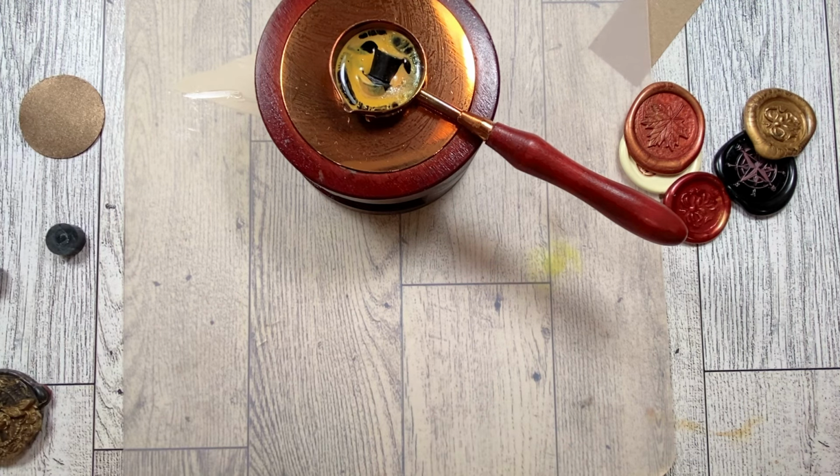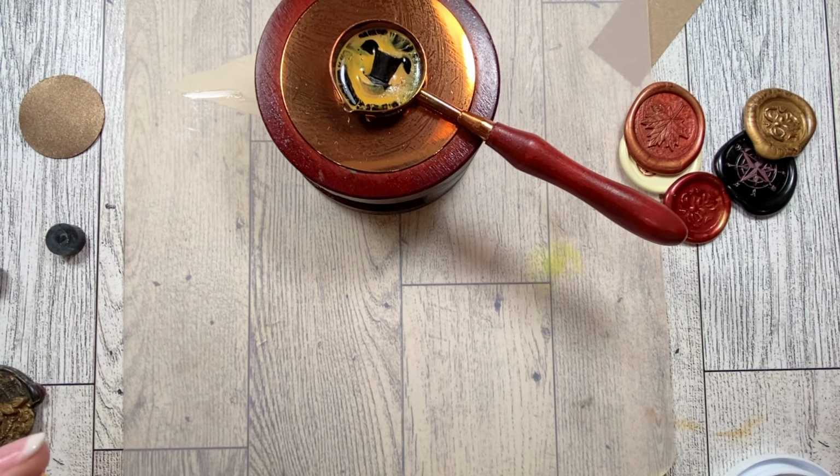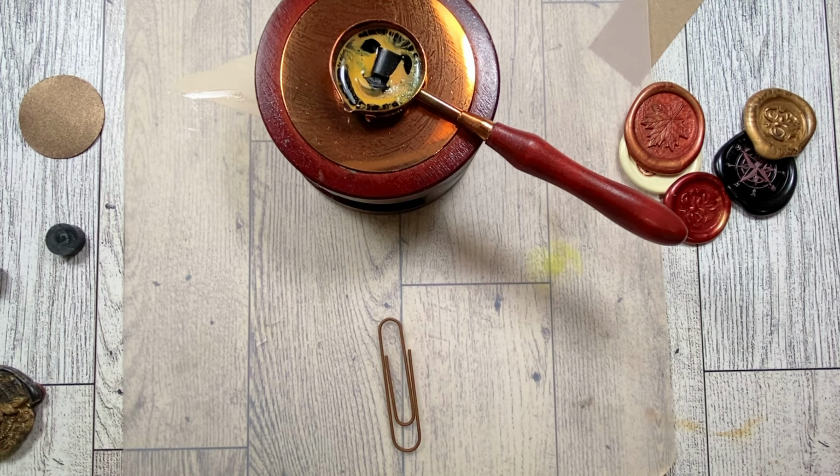You'll need your gem clip, which I forgot to get, or paper clip. I like to use rusted paper clips. I have a whole bunch of rusted paper clips, so once again, I'm going to use another rusted paper clip. But you don't have to. You can use any paper clip. And if you're using a smaller seal,